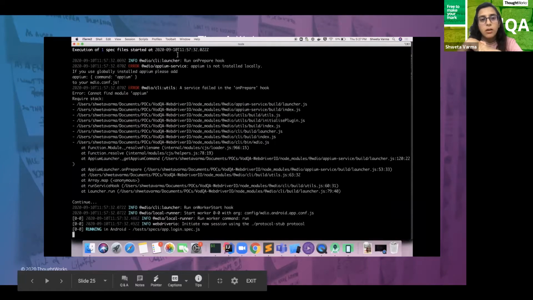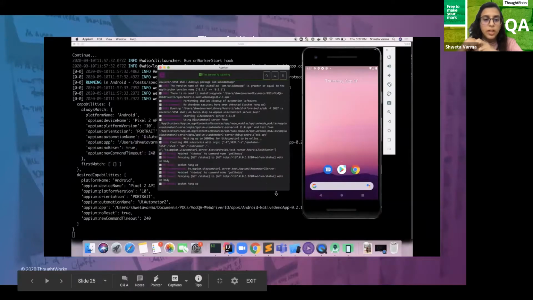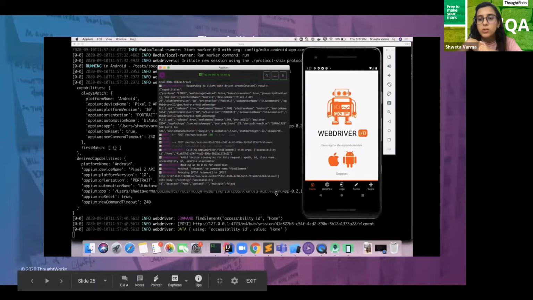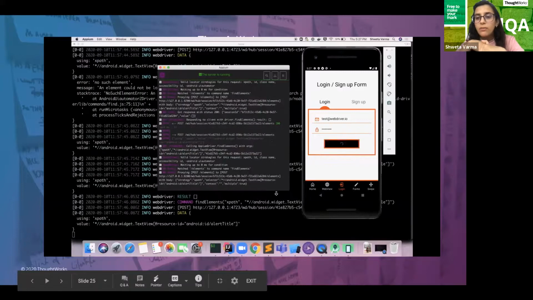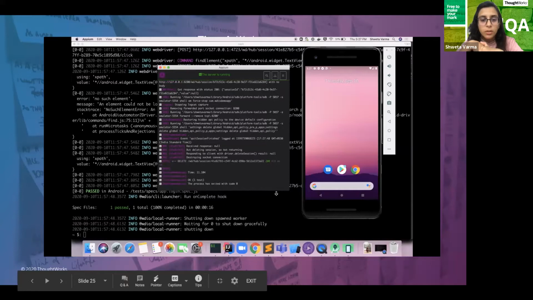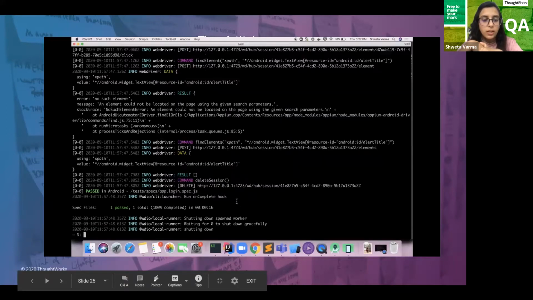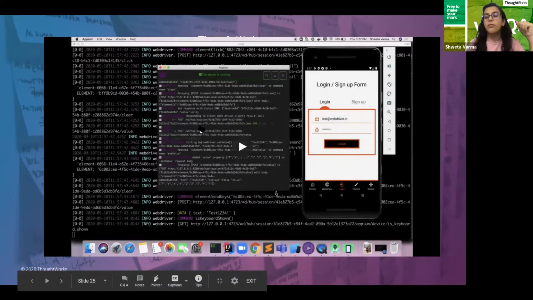Now let's check how it will perform for an app, since we have given native app as well. So this time I have executed it again on the emulator. It checks the capabilities, then it installs the app, then it does what we have asked it to do, and then we have the execution ready. And that is done, the process is completed, and you can see the duration of it. I just had one test case for both of them, that's why it was just one thing.